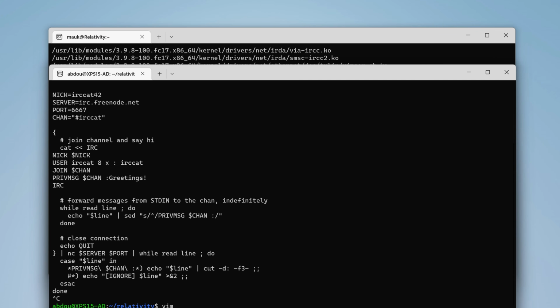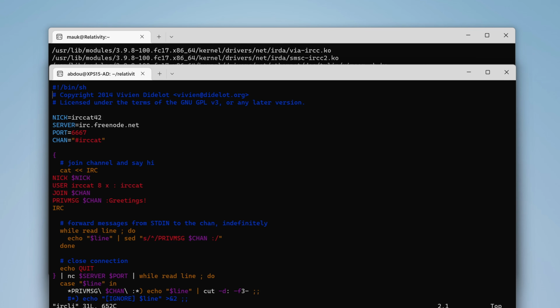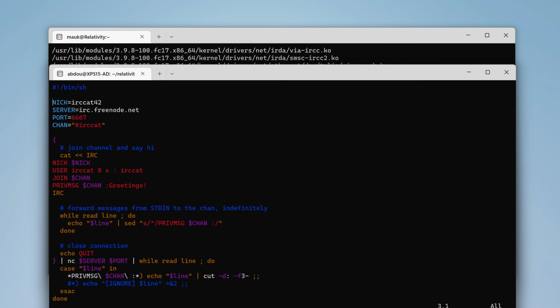Let's vi and change the content of that file. ircli. We don't need those comments. The nickname, we don't care. What we want here is to change this to 127.0.0.1. And then we don't need the rest of the host name. The channel, I don't really need to connect to a channel. I just want to interact with the service. Let's leave it as it is. And here,